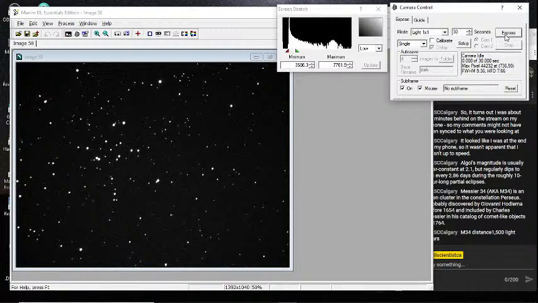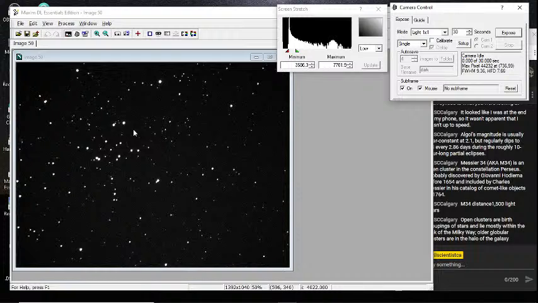There we go. That's much better. You can see the cluster over in here. Once we get out here, these stars here are probably either foreground or background stars, but most of these stars here will be members of the cluster. That is one of the tricky things when you're studying clusters, to make sure all the stars you're seeing are actually members of the cluster. Some of these stars will be between us and the cluster, some will be on the other side.